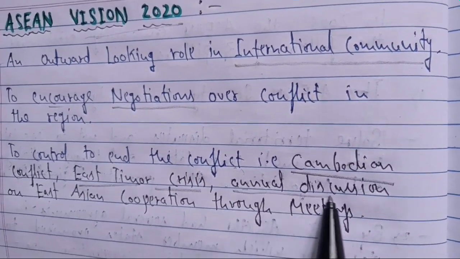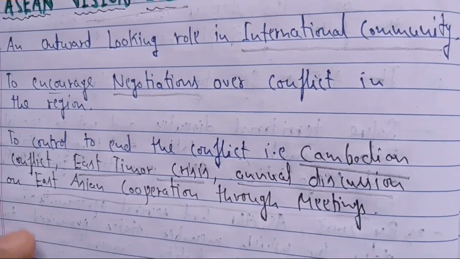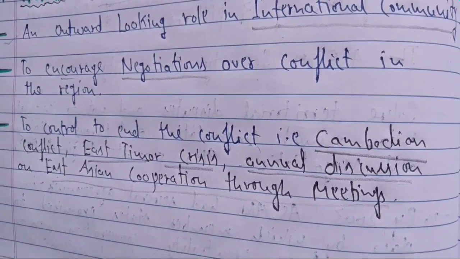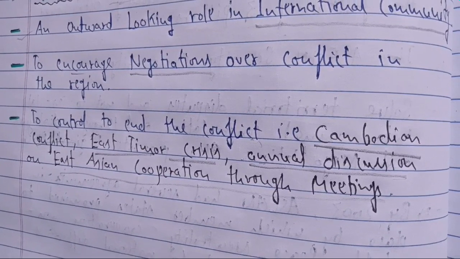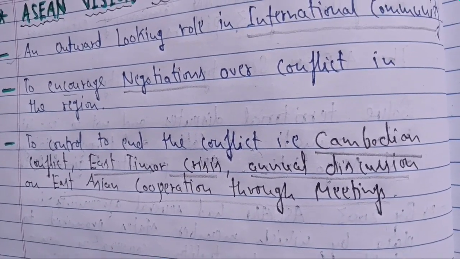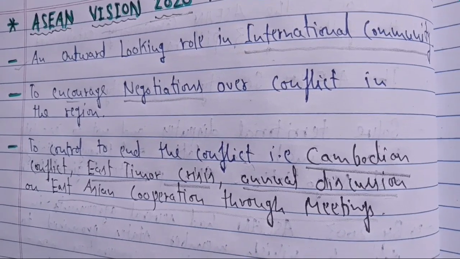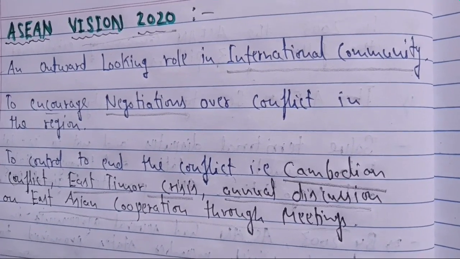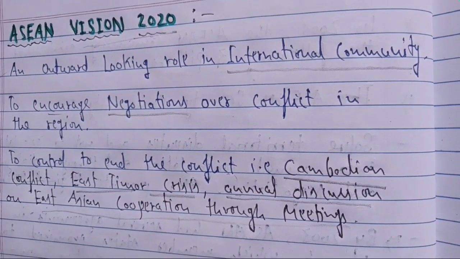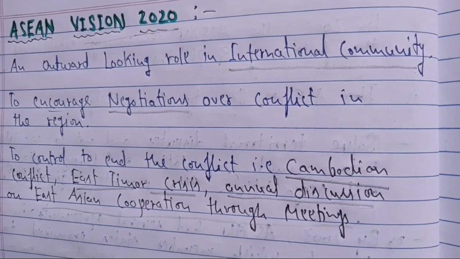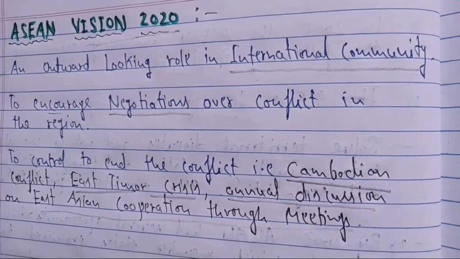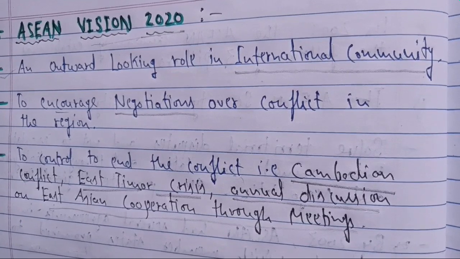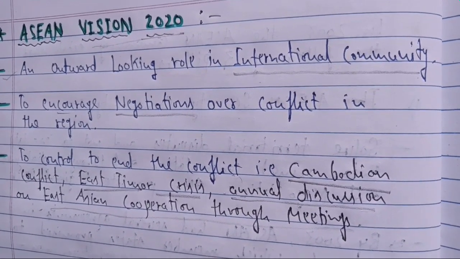They also decided to have an annual discussion on East Asian cooperation through meetings. Annually they met to discuss the problems and cooperation in this particular region. So with this we come to the end of this particular topic, which was one of the alternative centers of power as against, you can say, the US. The main motive of this particular region was not to be a superpower or to challenge the hegemony of the US, but slowly and gradually it also became powerful in terms of economy, society, culture, and military power as well. So this is also one of the superpowers, we can say, which could challenge the power of the US along with the